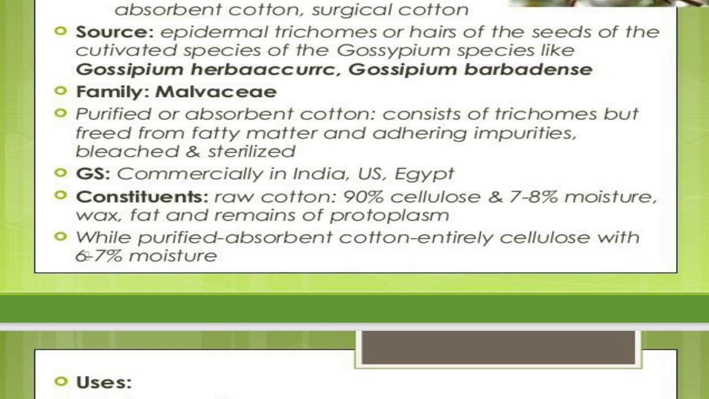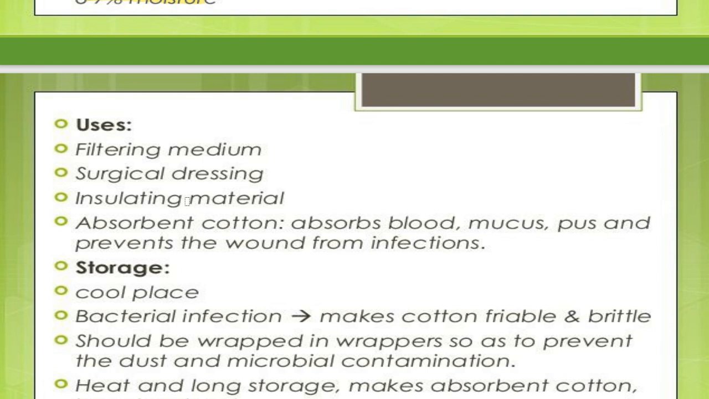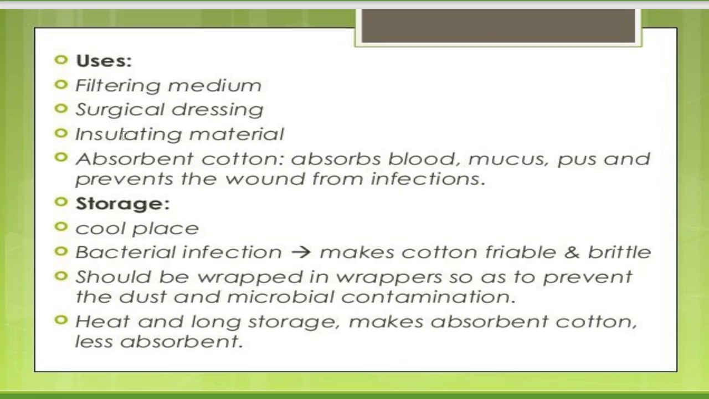it will always contain 6 to 7% of moisture. Now where are the uses? There are n number of uses, as I said. It is a filtering medium, it is used in surgical dressing, okay, insulating material होता है, and it is an absorbent cotton। क्यों बोला जाता है? Because it absorbs all the blood, mucus, pus, prevents the wound from infection। Okay, that is, you can say, comes under surgical dressing। Okay, there are n number of uses but I have listed few, you can add on to